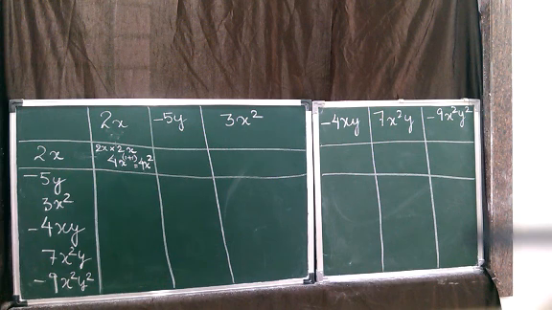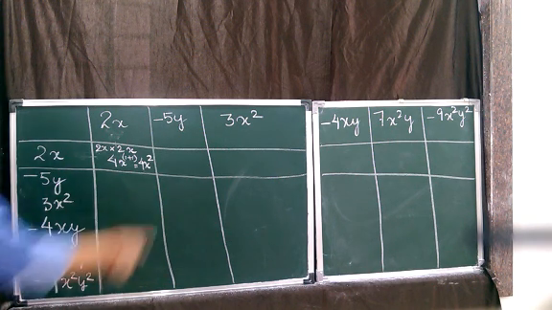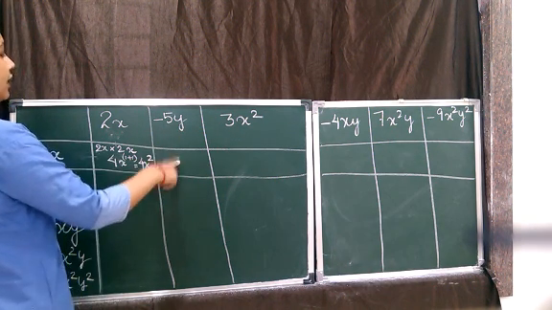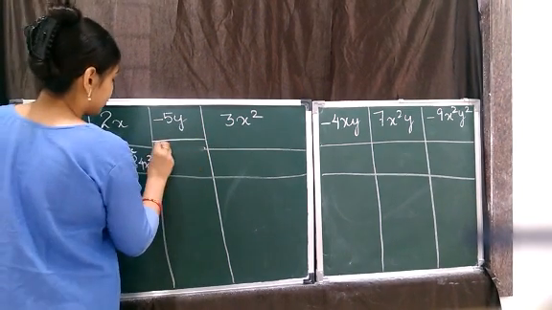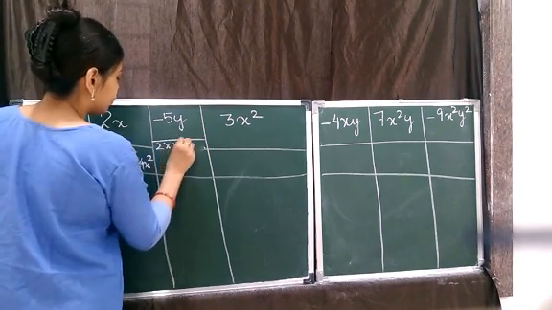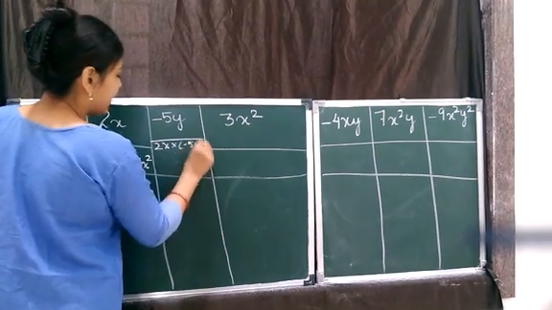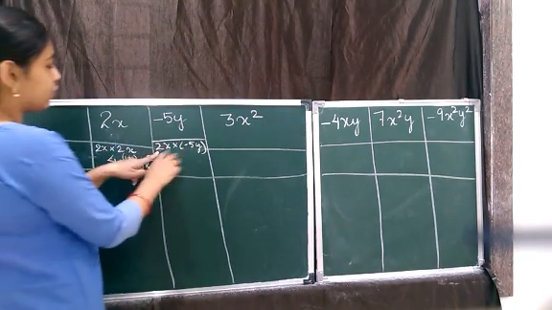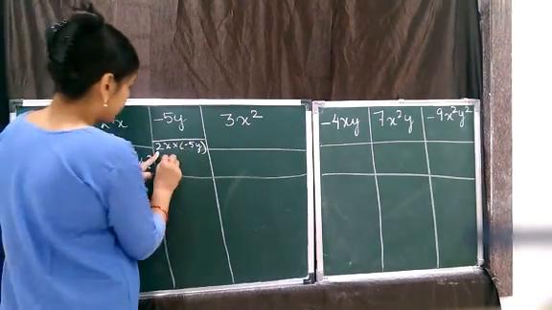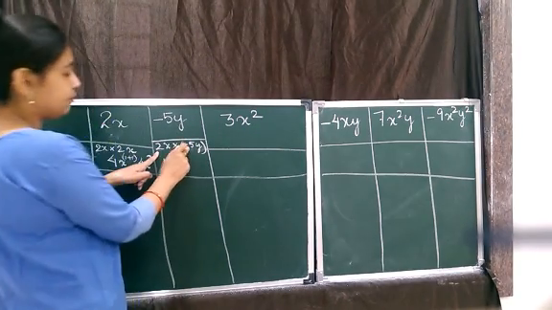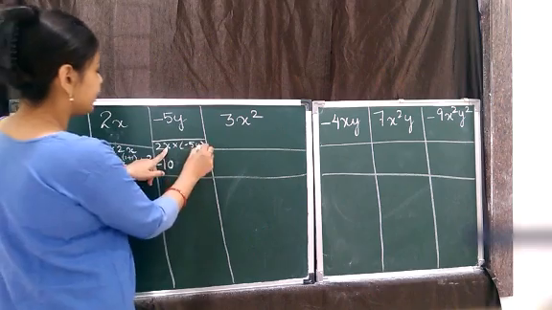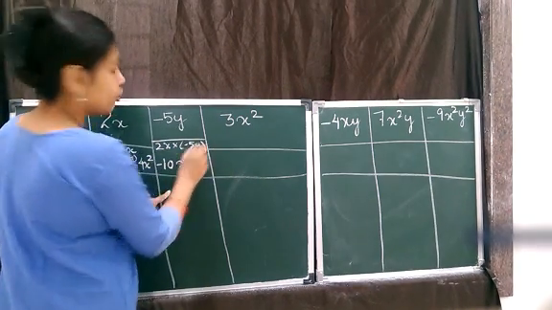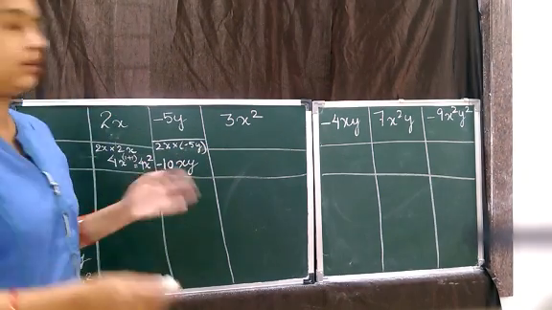Can it be seen? Yes, it can be. Then for this it is 2x minus 5y. So you write here 2x into minus 5y. Again we multiply the constants, 2 and 5. 2 5s gives us 10. Okay, there is a minus sign, so we put a minus sign here, and x into y will give us xy. We are not going to add the powers because we know they are not common.